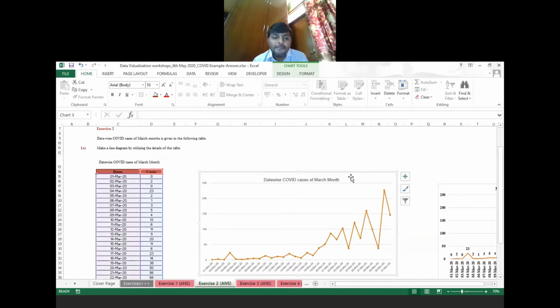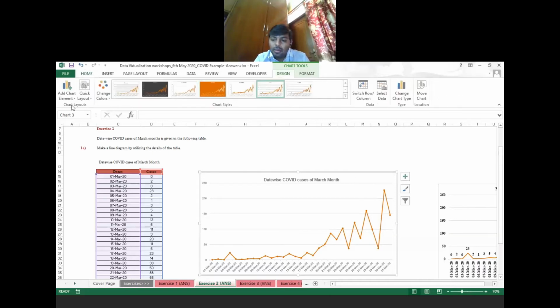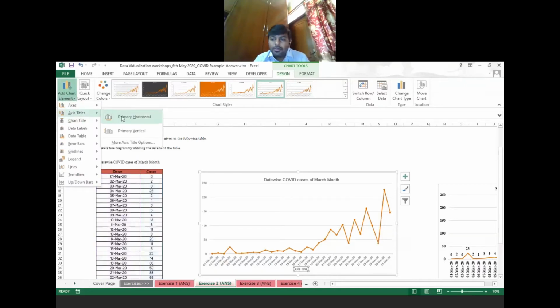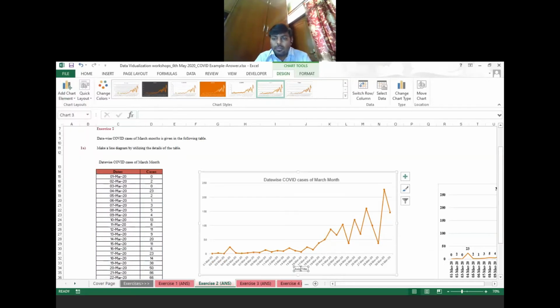If you have the latest option, just on the right side of your chart, you will have a plus symbol, chart elements. Otherwise, I'll show you the proper way if you have the lower version. So go to the design option. Again, the same first option, you will get add chart element. From here, you can add your axis titles. For primary axis, primary horizontal, select the first one, which is x-axis title. Here you can put dates.